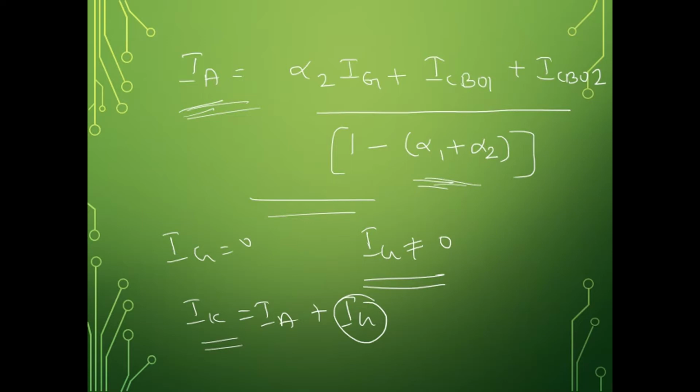That means if the gate current, the anode current and the emitter current keep on varying, and finally your alpha 1 and alpha 2 become equal to 1, then what is IA? IA is very large, infinity, because 1 minus 1 is 0. If it is 0, IA is very high. So the thyristor will turn on even if there is no gate current after that. Initially you need gate current, but once the current gain has increased, even if you remove the gate signal, the thyristor will conduct on its own.